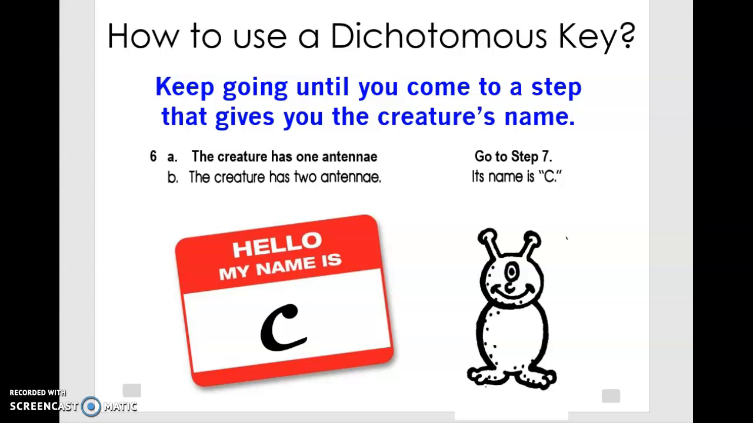Okay, so this question. The creature has one antenna. The creature has two antenna. He has two, so B is the true one, which means its name is C. So we've just identified this little creature as C. We can keep going through every single one of the little critters that we had. If we had the complete key, this was just a shortened version of one to try to show you